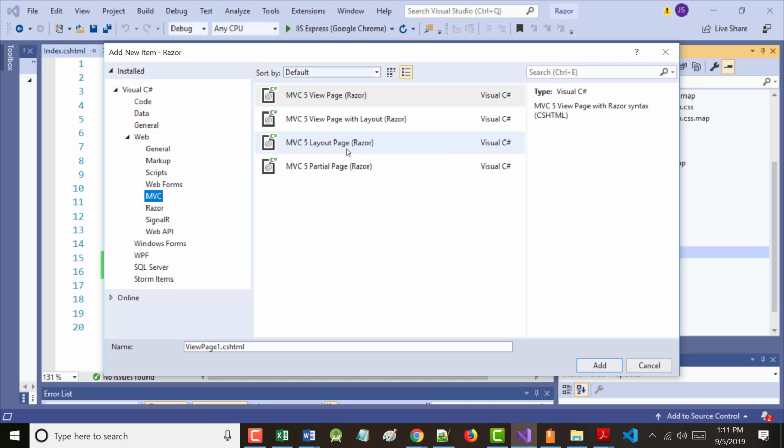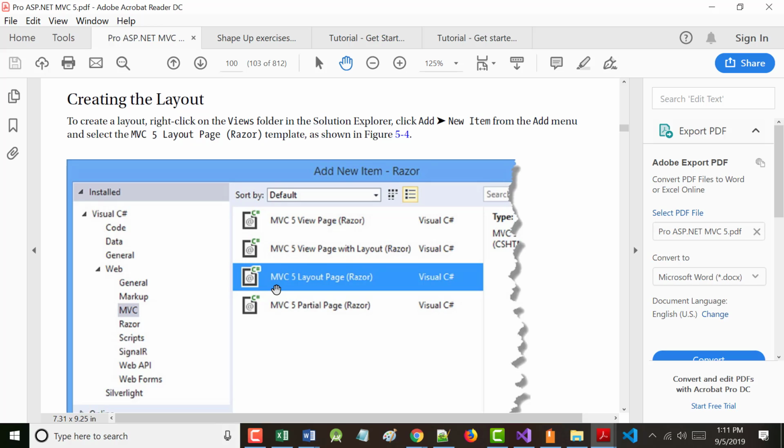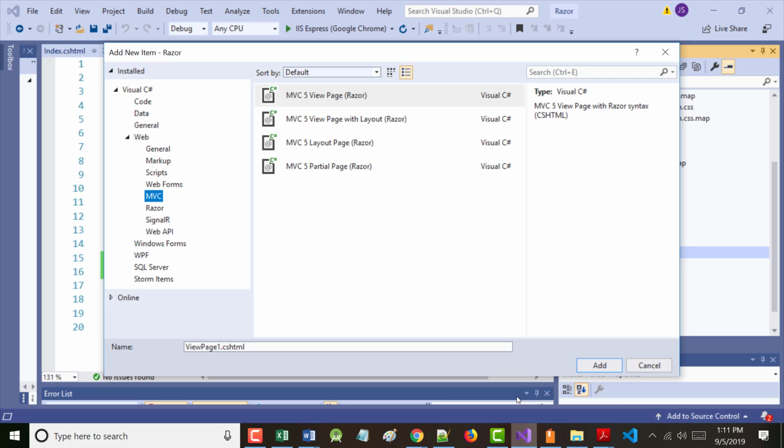All right? And these are the same 4 things that you saw in the book. So again, the author says we are to choose the third one, MVC5 layout page. All right? MVC5 layout page, just like that. Notice, please, on your screen, this is another one of those files that starts with an underscore. The recommendation is that you personally do not start any of your files with an underscore.